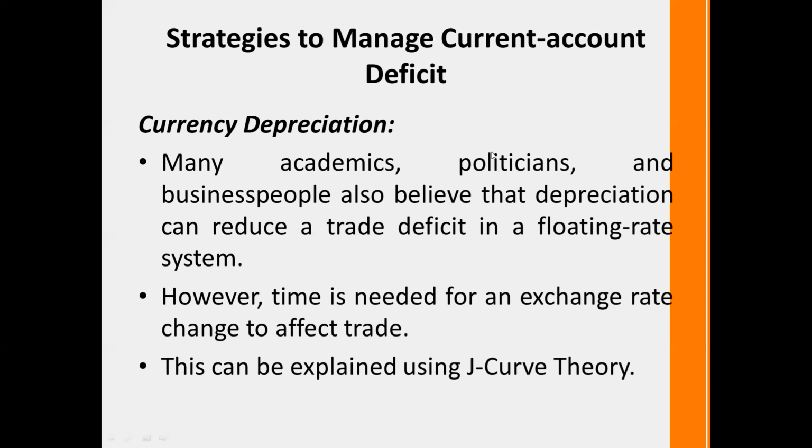So let's look at what strategies the government uses to maintain or manage the current account deficit. Under that, the first one is what we call currency depreciation. So many academics, politicians, even business people also believe that depreciation can reduce the trade deficit in a floating rate system. If we have a floating rate system, that is a flexible rate system, when we are trying to depreciate the domestic currency,